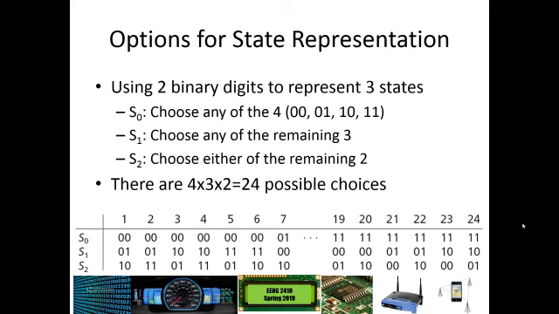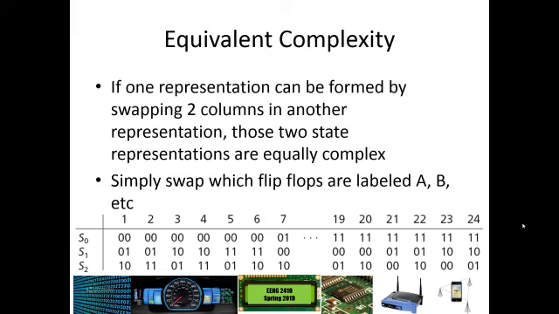And so it turns out if you enumerate all of the possible combinations of 2 bits that you could possibly have to represent 3 states, you would have 24 different choices. And so you might think about, well, let's look at those and see which ones of these combinations give us the simplest logic. Now, you can also simplify some things a little bit by saying, well, there may be some